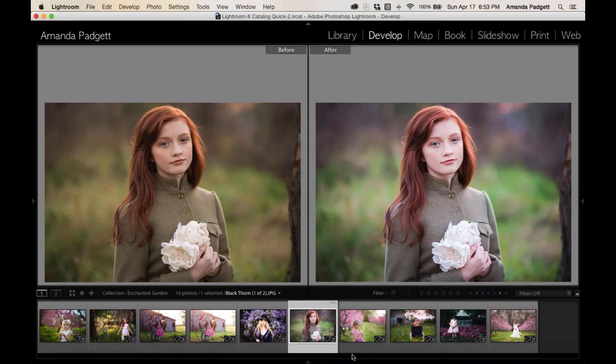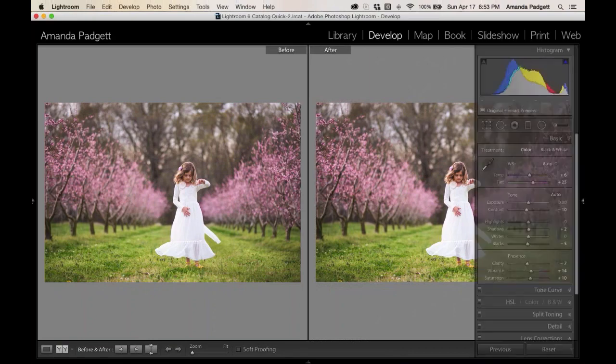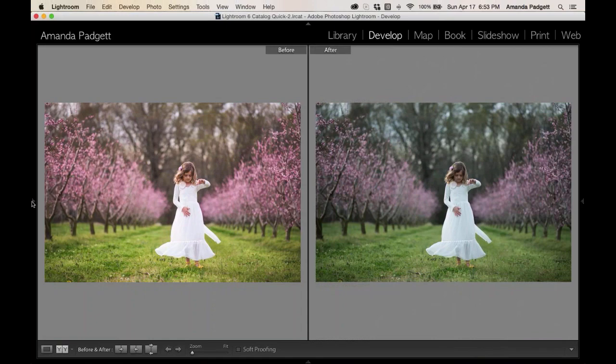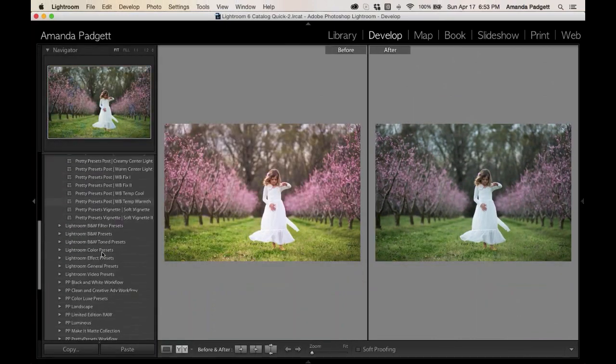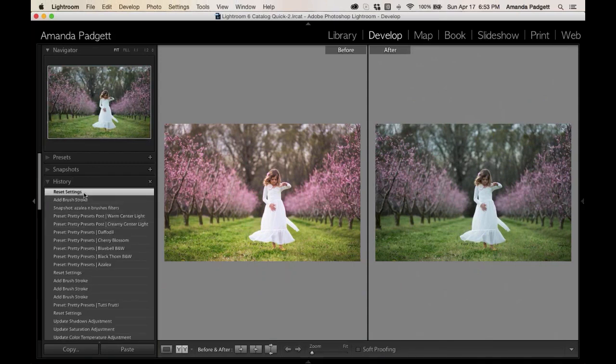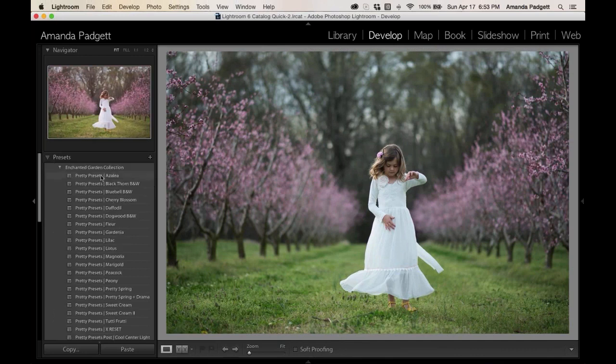Okay. Oh, this one right here. We'll do one more picture. And I think this is so sweet. She's in the middle of dancing and twirling. And oh, I think I have copied that. I did copy the before. All right. There we go. So we have the before shot, and we can go through and do each one of them again if we wanted to. But I think what I played with